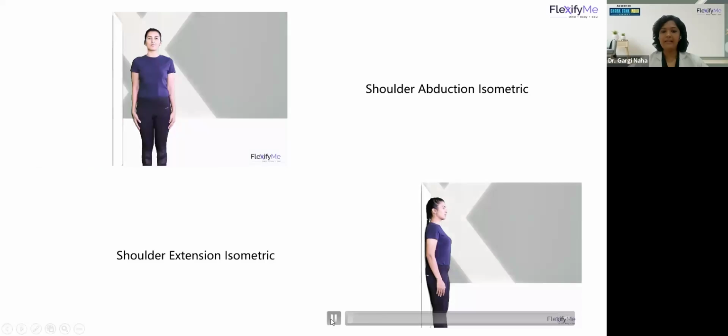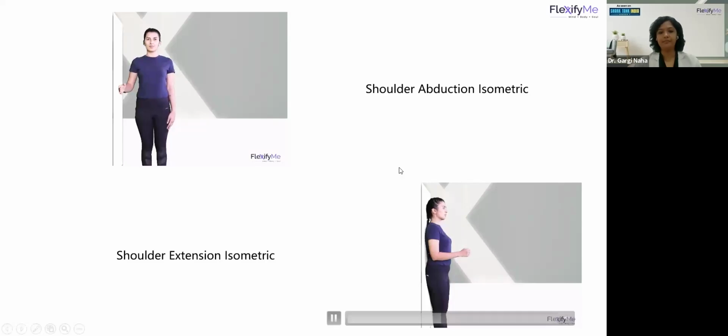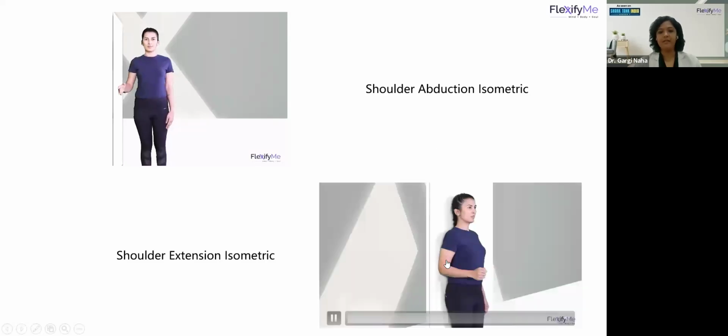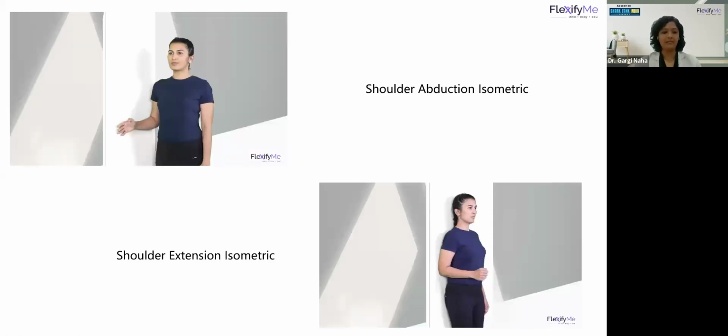Okay. The next exercise is similar. Pushing the shoulder. Now you will stand with your back towards the wall. Bend your elbows and now push it backwards. Press the wall with your elbow, as shown in this picture. Again, how much pressure to be put is 20 to 30% of your maximum force. Right? Press it, hold it, count for 5 seconds, and then relax.